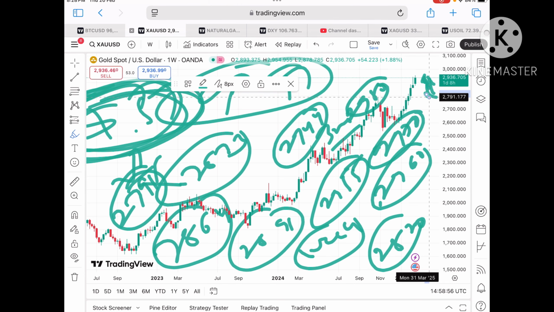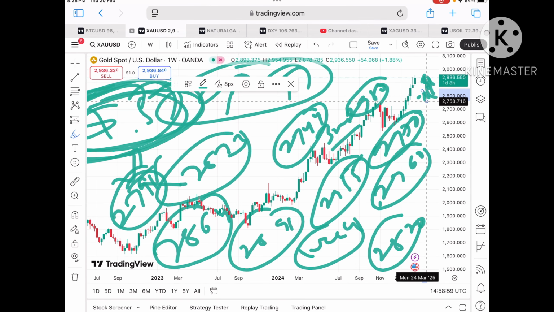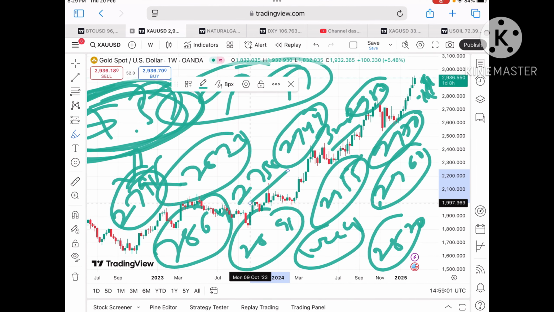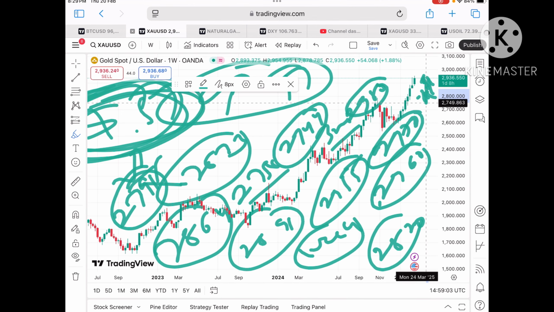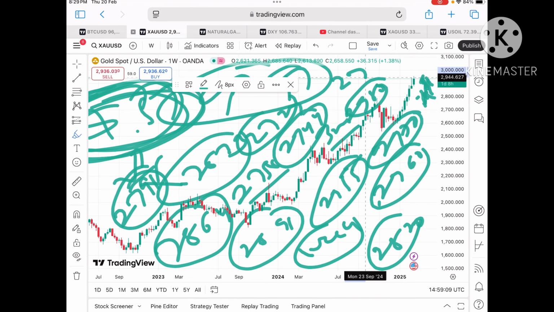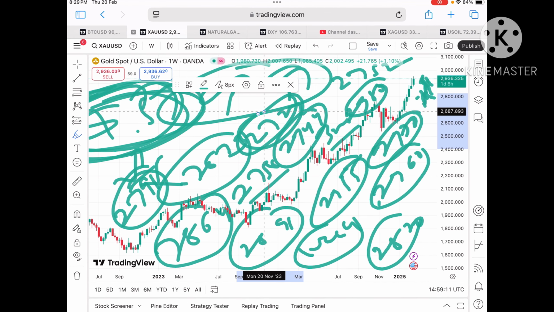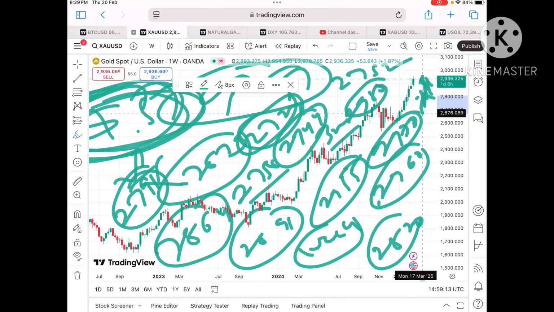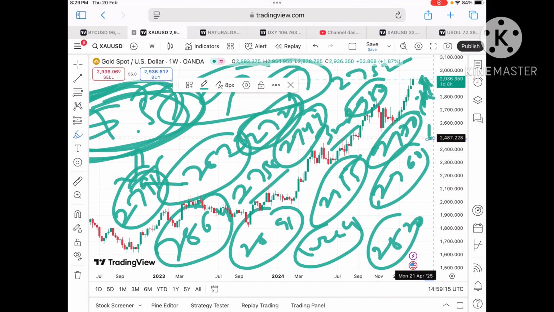But if it starts falling below this level, we can see it go towards a level of $2758, and from there a further downfall towards a level of 2752 to a level of 2729. After 2752 we can see a level of 2729, and then a further downfall. So the probability of moving further lower will be there.